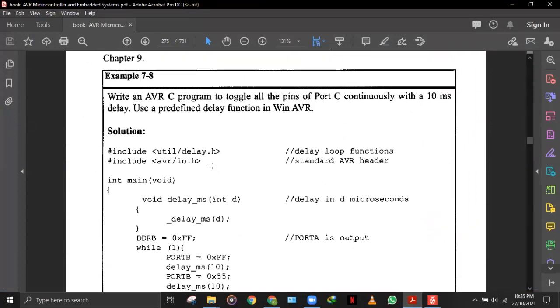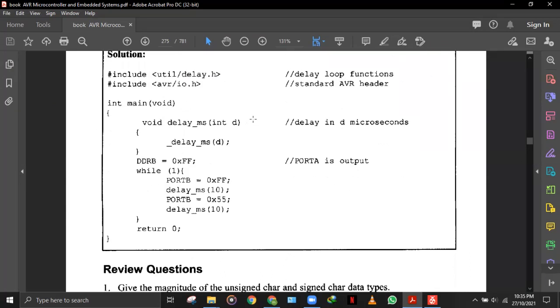तो 7.8 एग्जांपल में पूछा गया है कि राइट एन AVR C प्रोग्राम to toggle all the pins of port C continuously with 10 millisecond delay। तो ये भी उसी तरह का ही है जैसे कि हम बना चुके थे। तो इसमें बेसिकली बस उसने किया ये है कि इंट मेन का पहले एक मेन फंक्शन बनाया और पहले उसने वॉइड डिले का एक फंक्शन बना दिया और उसको वहीं पे डिक्लेयर करके साथ ही पूरा फंक्शन उसने बनाया। और उसके बाद उसने एक लूप लगाई है, वाइल लूप, जिसमें हम पोर्ट बी के ऊपर पहले वैल्यू इनिशियलाइज करवाई 0x और उसके बाद डिले वाले फंक्शन में हमें जितना भी डिले चाहिए हम वो इंटीजर लिख रहे हैं।